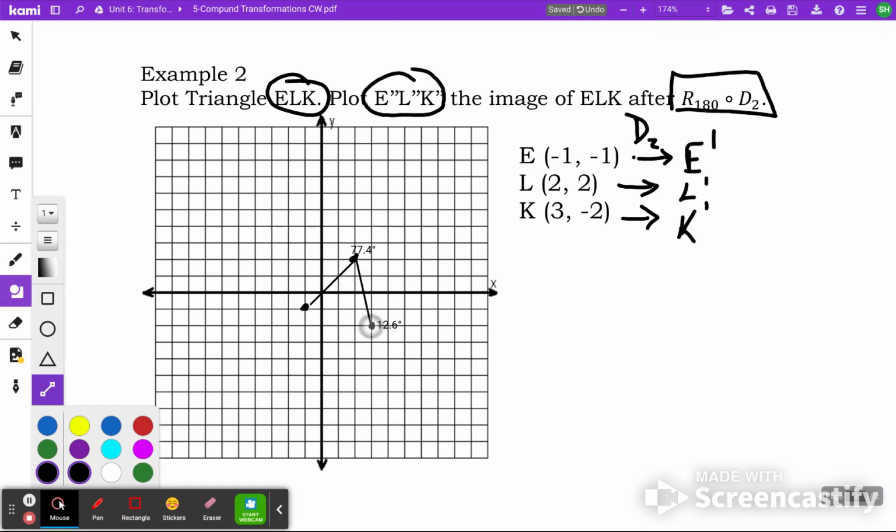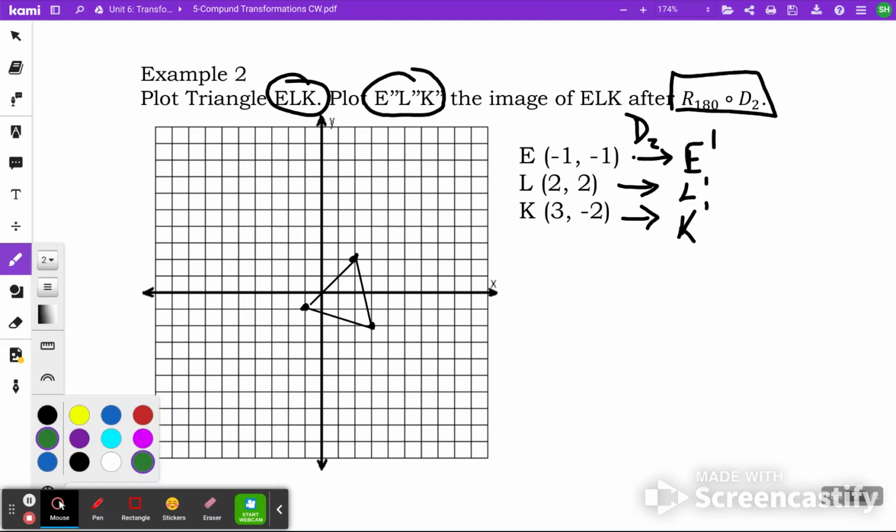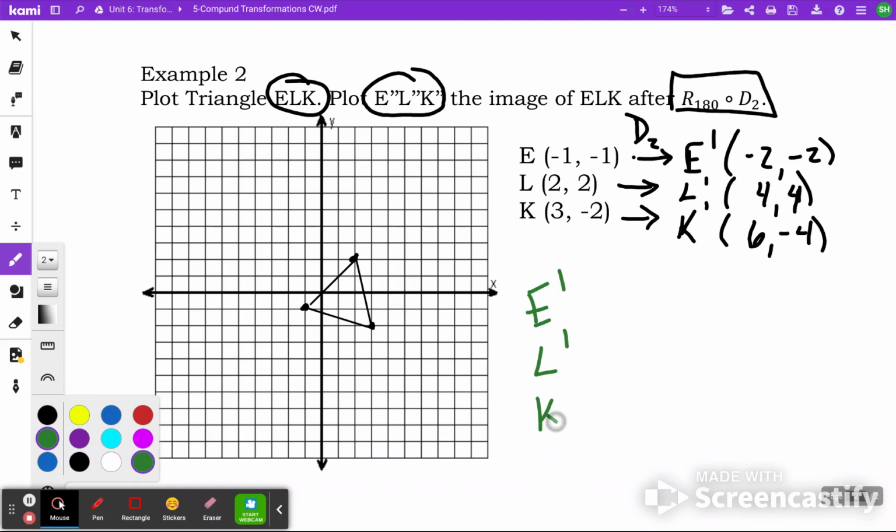I'm not going to label it yet for the same reason I said before. I don't want the letters to get muddled or in the way of the lines. And what we're going to turn that into is -2, -2, 4, 4, and 6, -4, because we are basically doing a dilation of 2 or just doubling everything. But I don't have to plot that because it didn't ask me to. So I'm going to pick up where I left off with EL and K prime,